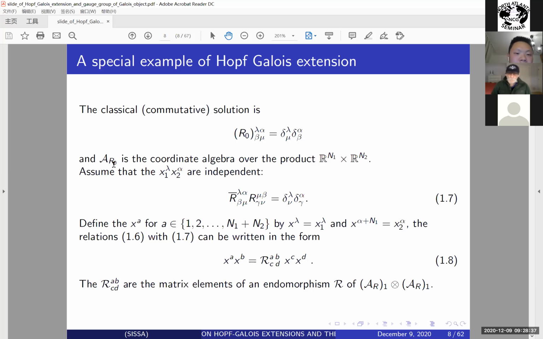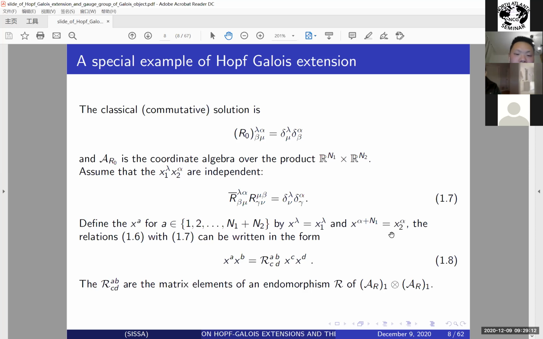And in this case, AR0 is nothing but the coordinate algebra over the product Rn1 times Rn1. And assume that the mixture basis x1 lambda, x2 alpha are linearly independent, then we need to have some restriction on R given by 1.7. And now we reorder the index by a single A. And in this case, x lambda is equal to x1 lambda and x alpha plus n1 is equal to